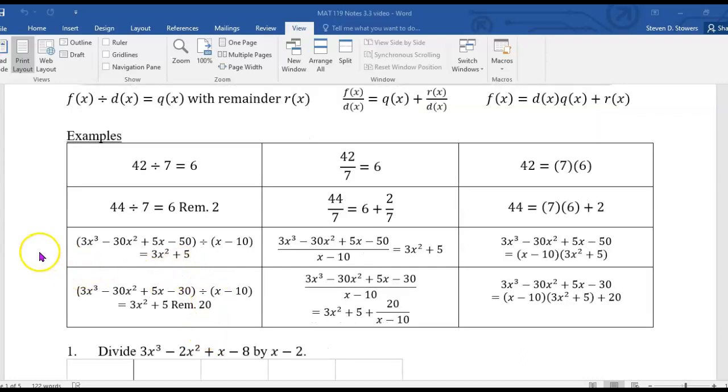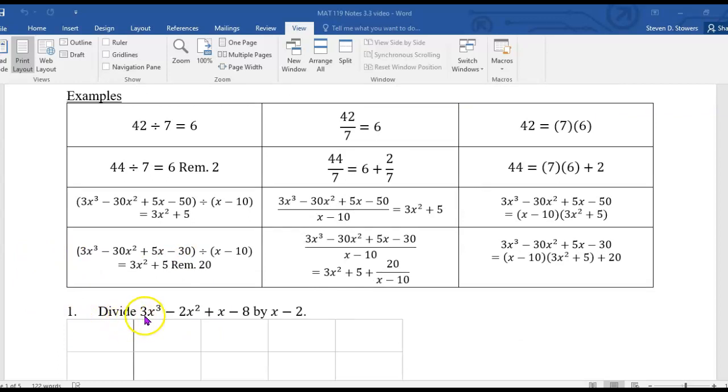So how do we actually do the division? How do we actually divide one polynomial by another and figure out what the quotient and the remainder are? One method is by long division. I'm not going to do that in this video, but you may have learned about that somewhere along the line. There are videos online that can show you how that works. There are examples in the textbook, but what we're going to be doing is a shortcut, easier way